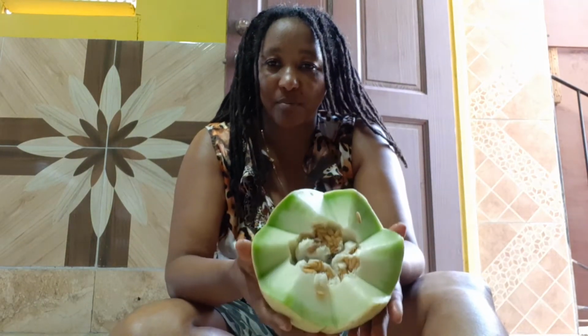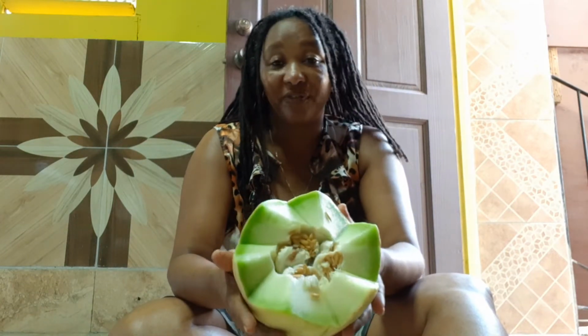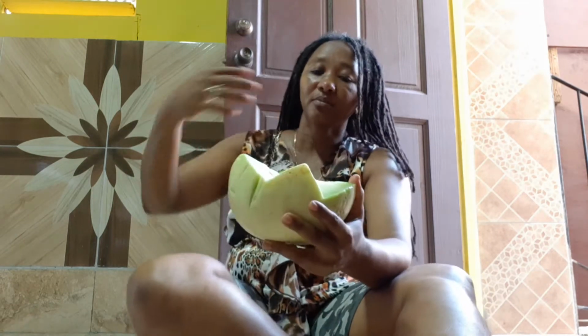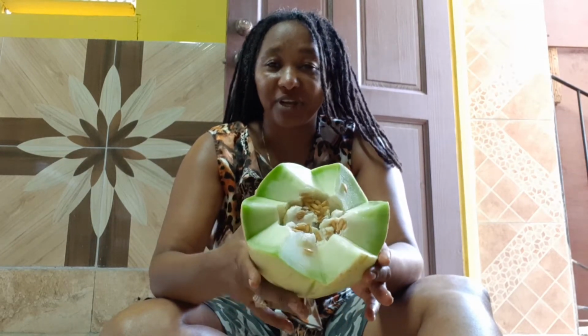Today we're going to be talking about the honeydew melon, also called the honey melon. Now this is a member of the melon family, in which you find the watermelon, the cantaloupe, pineapple melon, and others. So the honeydew melon, as the name suggests, is very sweet,